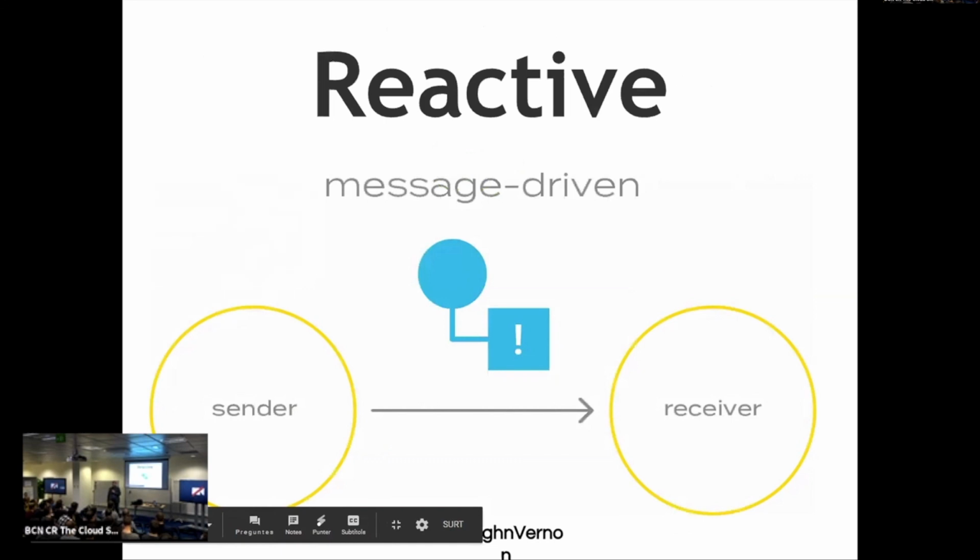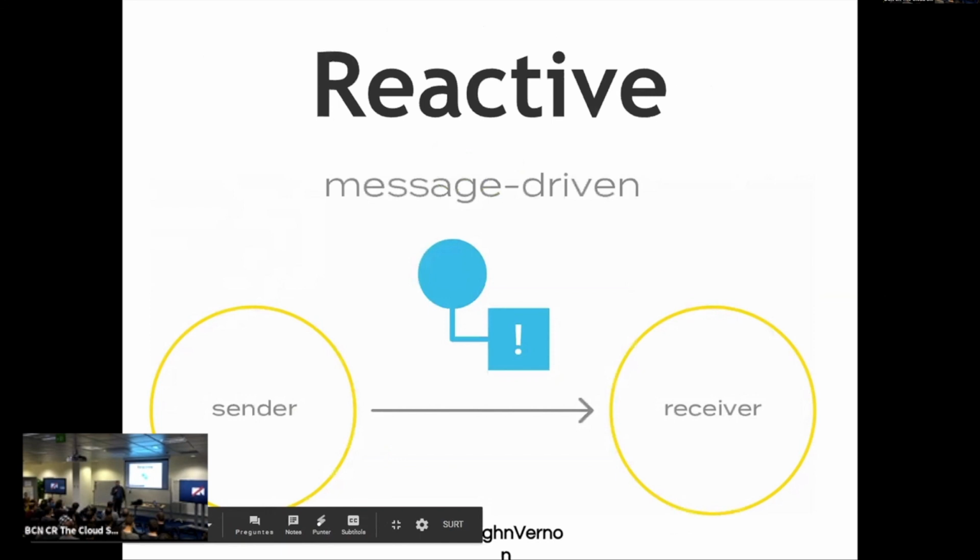I also think that using reactive, message-driven software is quite important because it allows the sender not to block while the receiver of this message is doing something on its behalf.